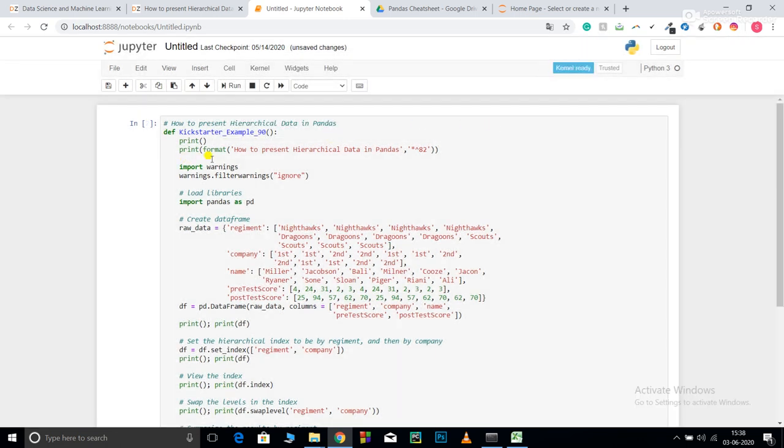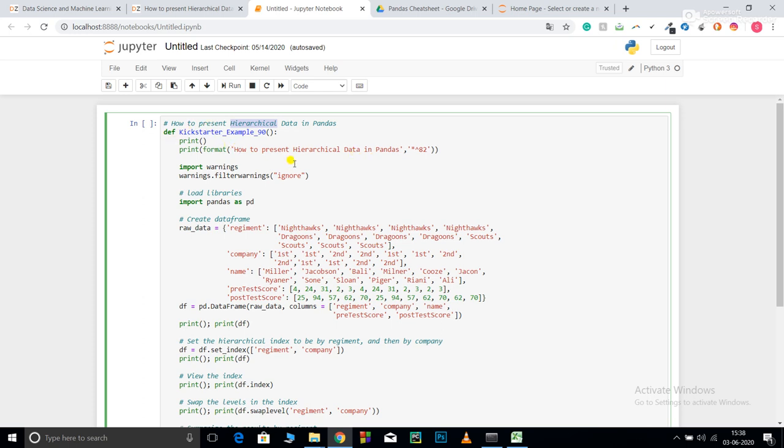So let's get started. Basically, hierarchical data presentation in Pandas is similar to the group by function that you use, but the difference is that you can use multiple group by type functions in hierarchical data, and it gives hierarchies to the levels in which you have used them. Basically, the order in which you pass them becomes a hierarchy for the presentation of your data. So you will understand this when you see the output.